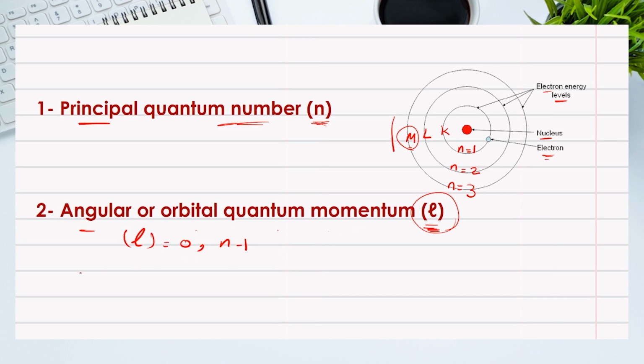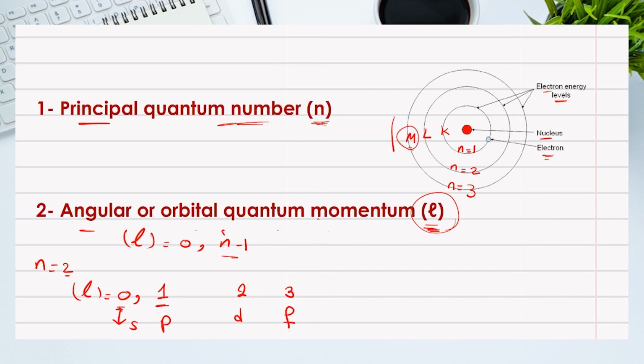This means if I have n equal to 2, the L value would be 0 to n minus 1, and here n is equal to 2. This means 0 and 1. For the orbital quantum number 0, we give it the symbol S, and for 1, we give it the symbol P. For 2, we give it the symbol D, and